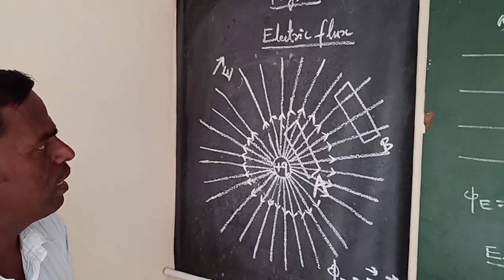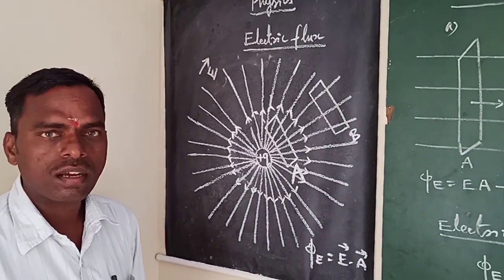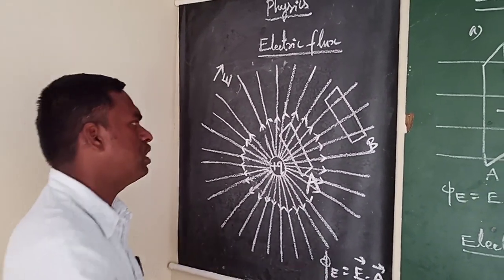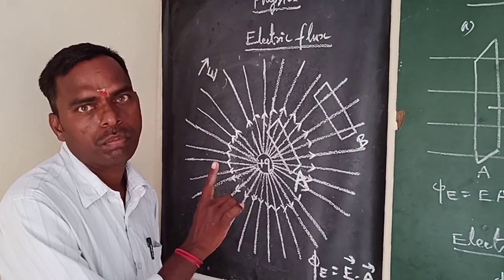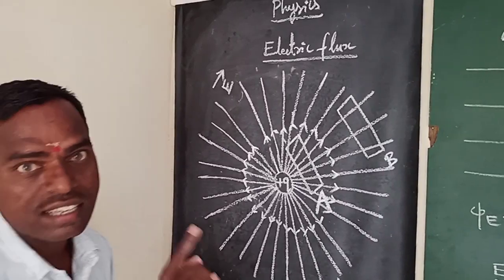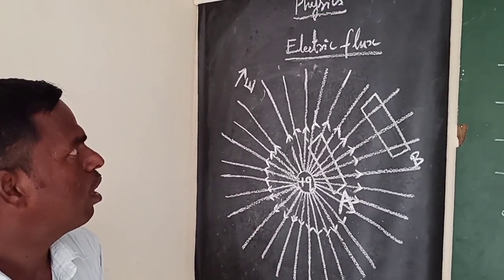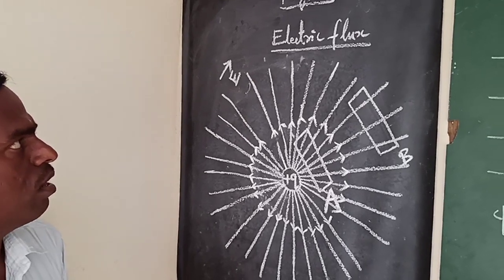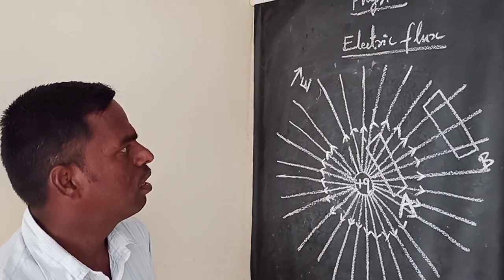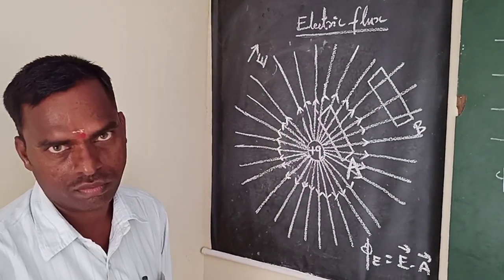So the electric field intensity is a vector quantity. It tells us the force being applied on a charged particle located at any point. So at that point, the electric field is the characteristic of that point. Already you know. Now the electric flux is the quantity of electric field which is linked to an area in that field.